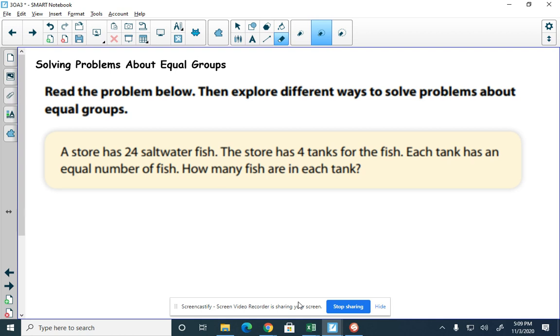Today's lesson, we're continuing solving word problems. Today, we're going to solve problems about equal groups. So let's read this problem together below, and we're going to look at different ways we can solve the problem